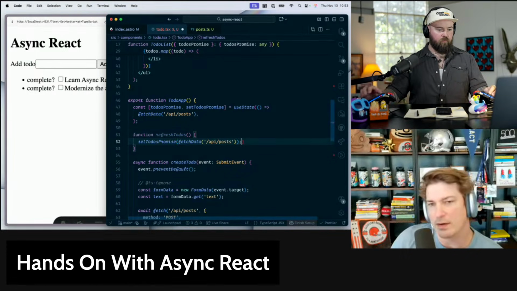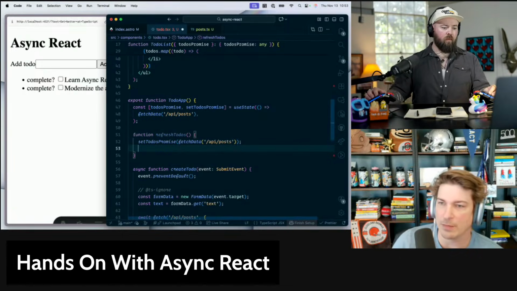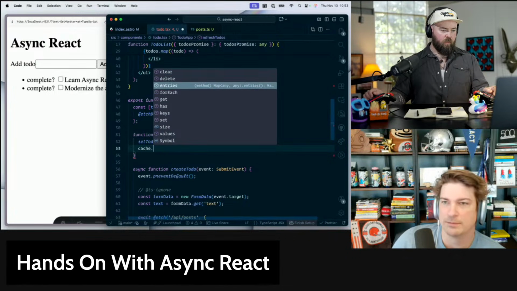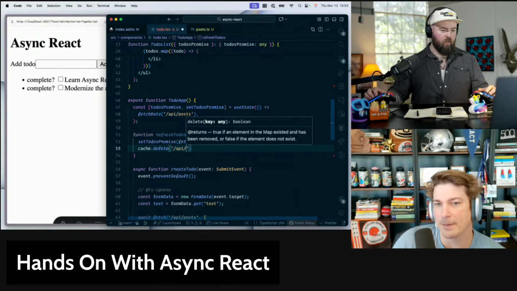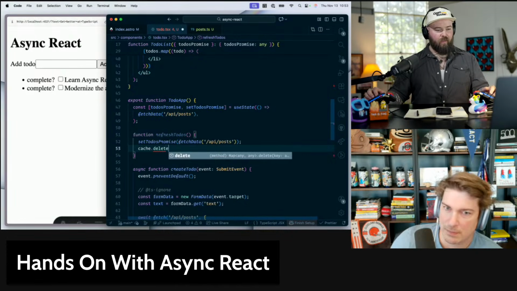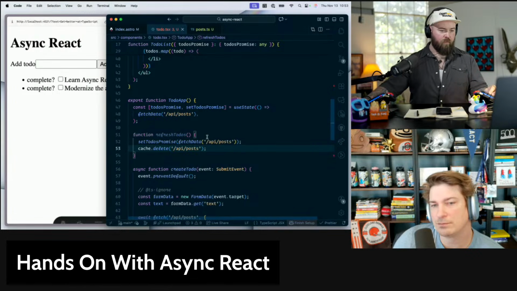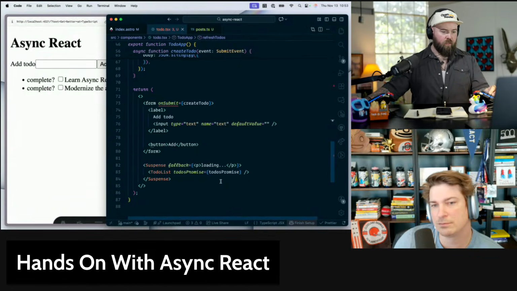And then we have to do one other thing, which is to clear our cache. Otherwise, this will just immediately reuse the same cache. So cache dot delete. You could probably just do cache equals new map, but we might as well make it delete, because that way, if we were to use this for something else, it won't blow everything away. And then down here I can just pass this to my to-do list as a prop.